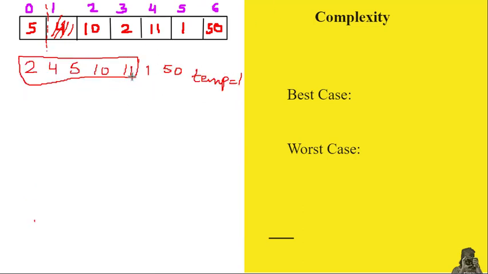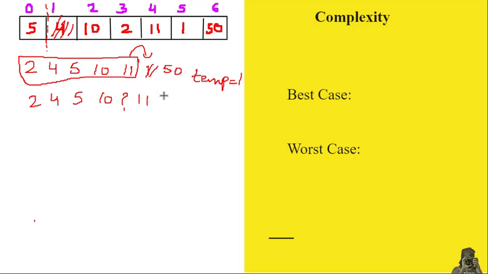We have the first element in temp, which is 1 here, the first element of the unsorted array. So now we need to do the comparison. So we'll compare with the last element of the sorted array. So 1 is less than 11, so swapping will be required. So 11 will be shifted to this location because this can be overridden since its value is saved in the temp variable. So 11 will be shifted to the next position. So at 11's old position there will be a question mark because the location has not been found. So we can't insert 1 directly here because we need to first find the appropriate location for this value. So after that we can do the insertion.